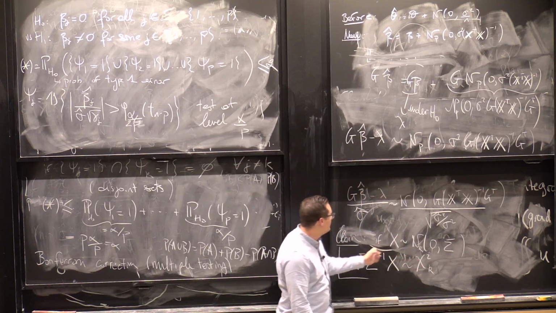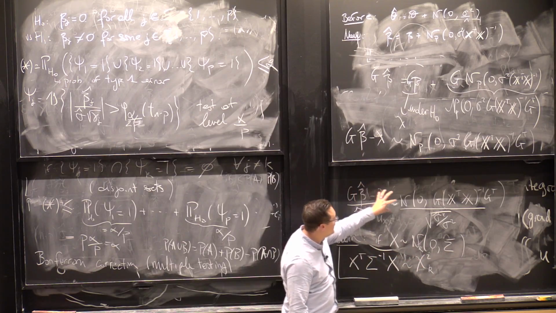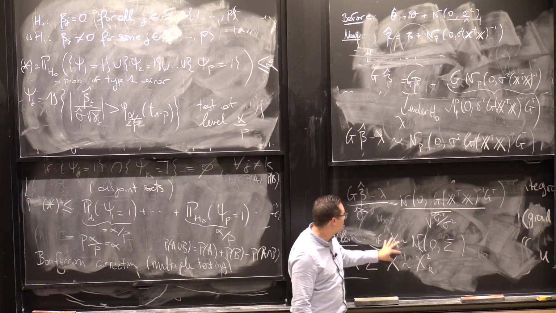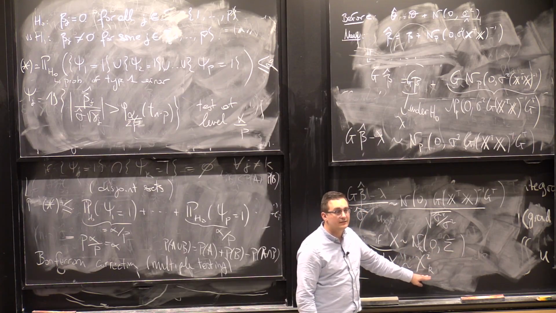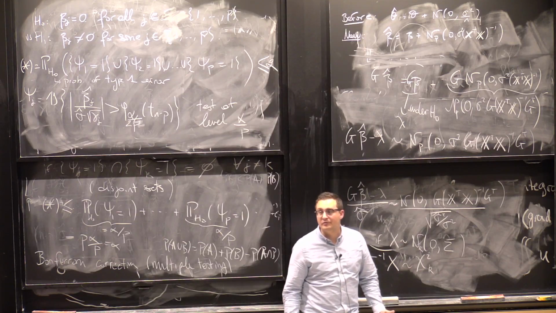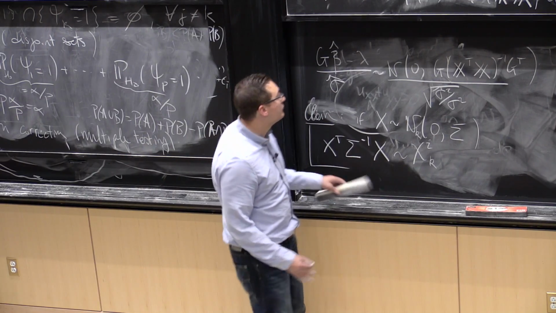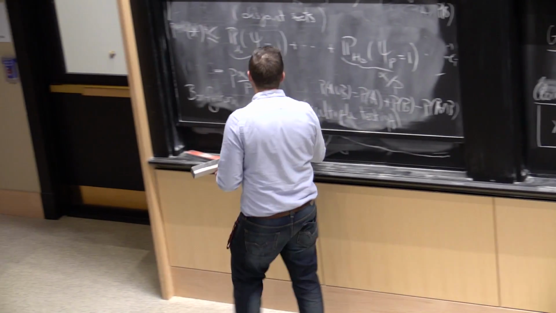And so now it tells me exactly, when I start from this guy that has this multivariate Gaussian, how to turn it into something that has a distribution which is pivotal, right? Chi-square k is completely pivotal, does not depend on anything I don't know. And so the way I go from here